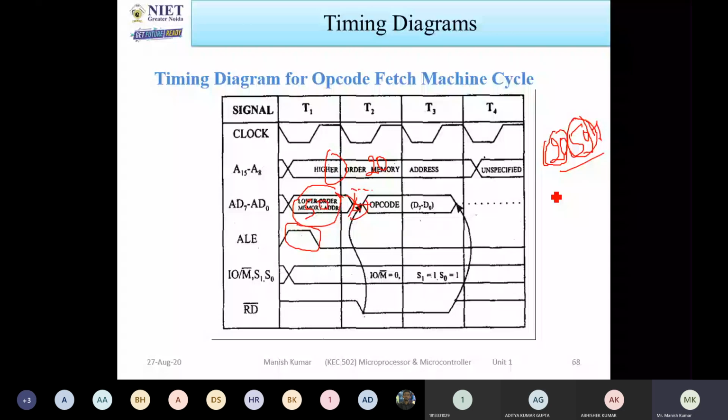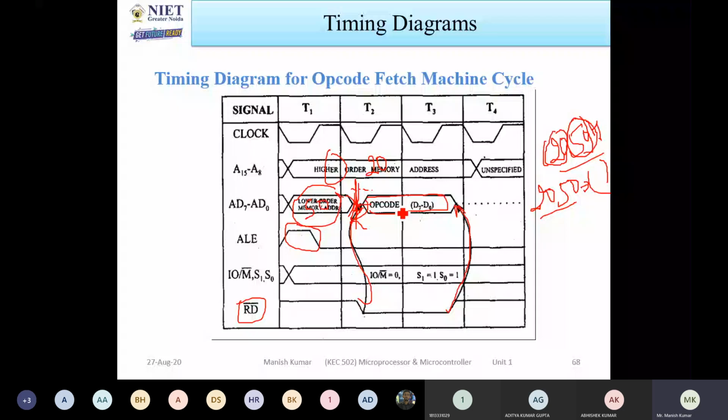Now the next thing is you have to read the contents of this memory location. For reading, you have to activate the read signal. If you are activating the read signal, then here AD7 to AD0 up to this behaves as an address bus. After that we will use it for the data bus. So we are feeding the T2 cycle and T3 cycle. This is the data. I am reading starting with this and ending with this. In this way we are trying to read the opcode, whatever data is available in the memory location.